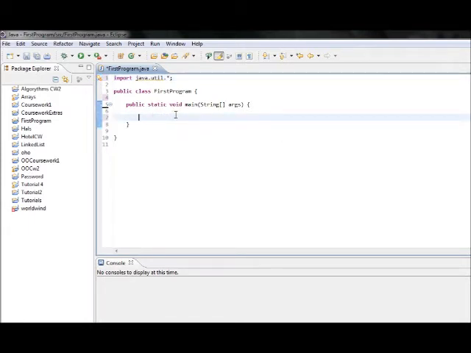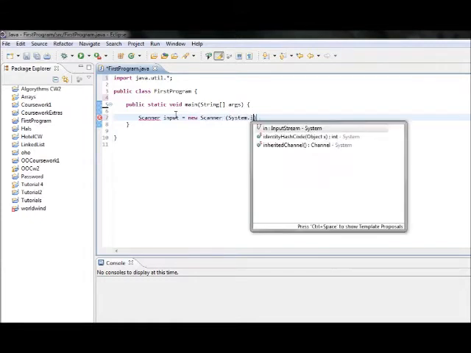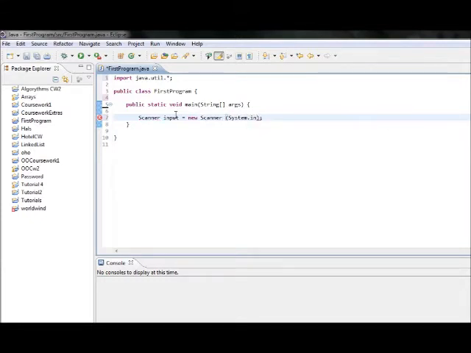What I have to do now is create a scanner. Let's define it. So Scanner, and then the name of the scanner, like input, equals new Scanner(System.in). So that's a new scanner and it's used for input. So basically, if I use this input variable, I will be able to input data to my variable. So let's create a variable, let's say int number with no value assigned, and now say number is